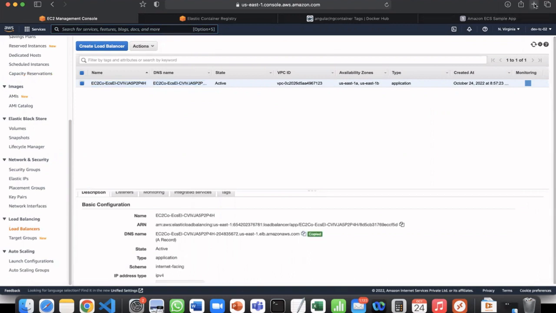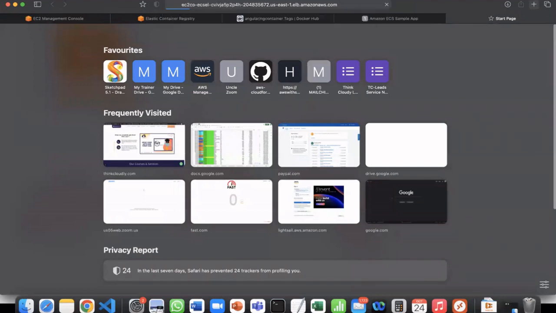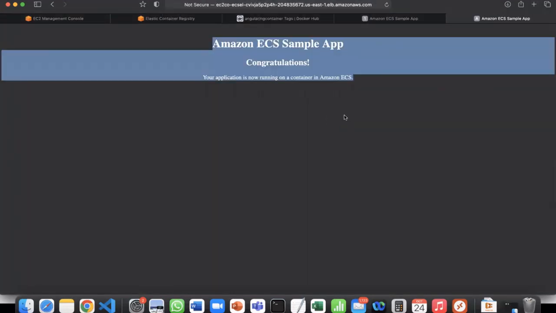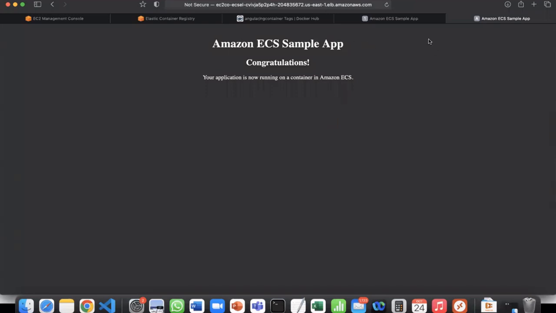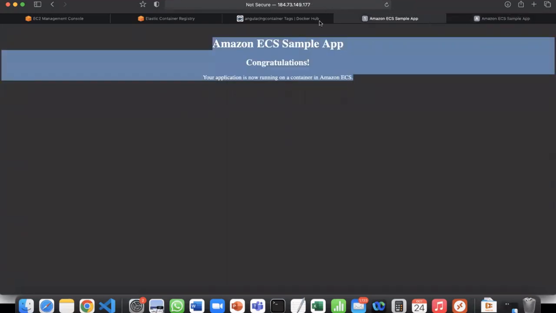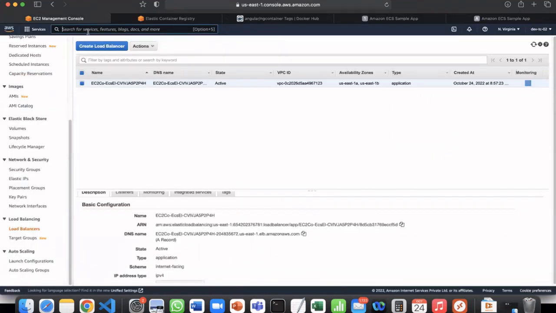And when you access this DNS name in the browser, see, you can access the same application. So now you can access the same application either with the load balancer URL or with the help of public IP address. So you can see that it is running in the container. Now, if I just go back to ECS,